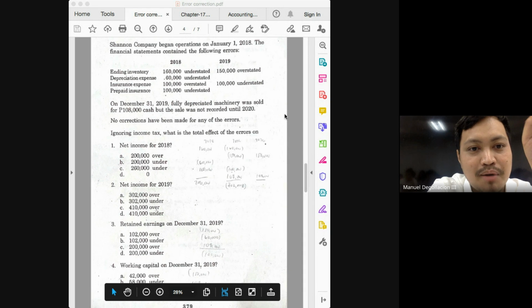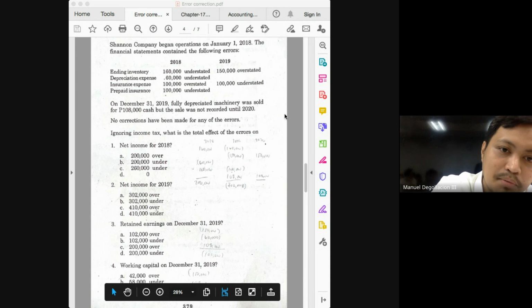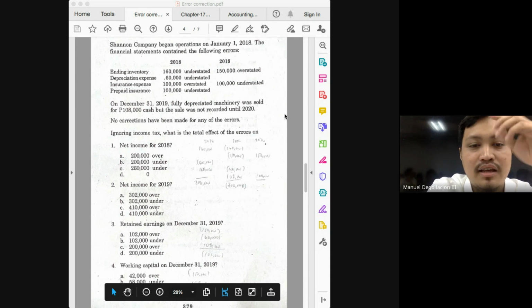Similar to the previous problem, you have recognized everything as an expense, even though some of those insurance is for future periods. Okay, what does this mean? At the time of payment, you use the expense method. At the end of the year, you should have prepared an adjusting entry recognizing a prepaid insurance. You should have prepared an entry debiting prepaid insurance and crediting insurance expense. Okay, so one effect only to your net income for these two errors, class.